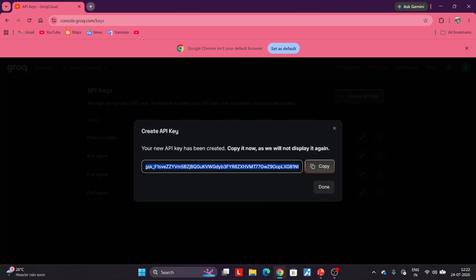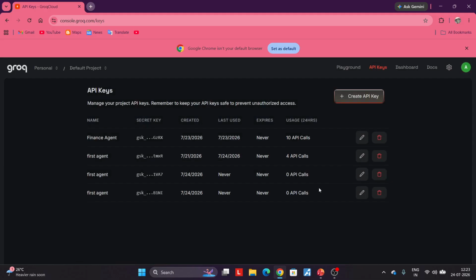As you can see, now the API key is being displayed. It is also giving us a gentle warning that we should copy it now as it will not be displayed again. So simply copy this API key and paste it somewhere like Notepad or any Word document for later use. Then simply click on done and that's it. Your API key is now ready. So close the web browser